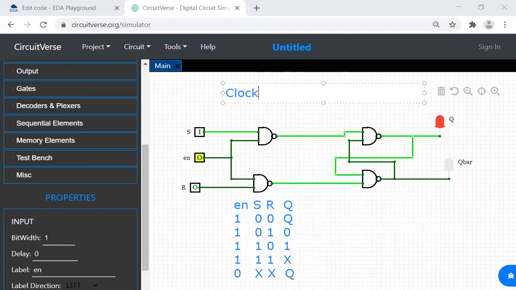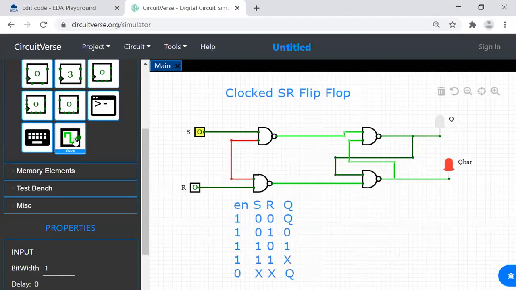I want to change it to clocked SR flip-flop. Now what happens in a clocked SR flip-flop? Flip-flops will generally be edge triggered. So what is a flip-flop? First, what is a clock? Now in a clocked flip-flop, what happens? The input I have given over here will change to a clock.